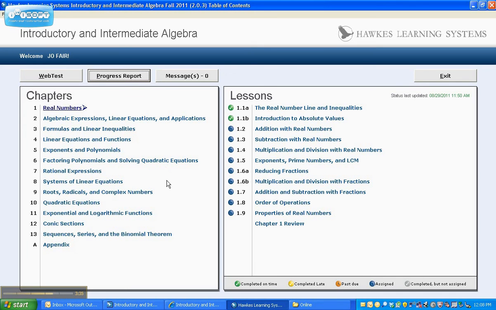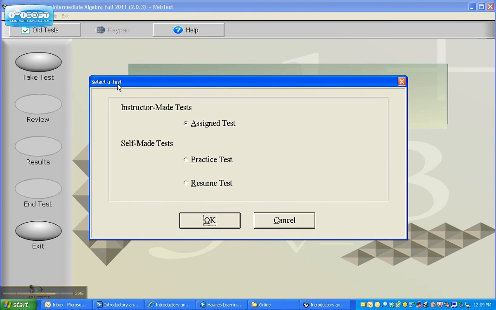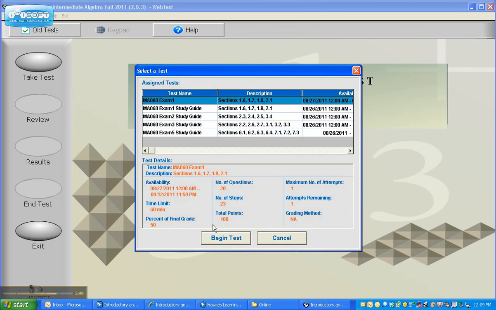This is homework. Let's talk about just some of this first week stuff to get you through. And let's go through these areas. You can go into web test, and you're always going to take a test, and it's always going to be an instructor-made test. And up here you'll see some tests that are available to you. Now, right now I have some things up here. You may or may not see these. It just depends on